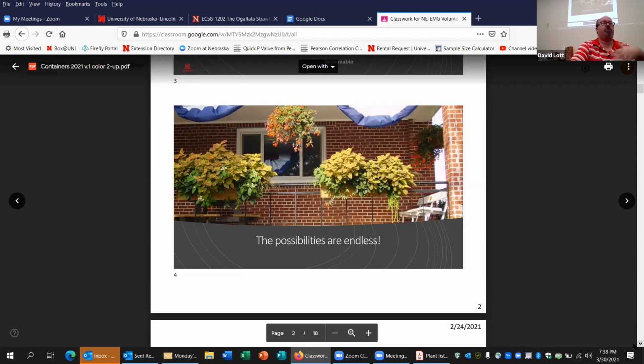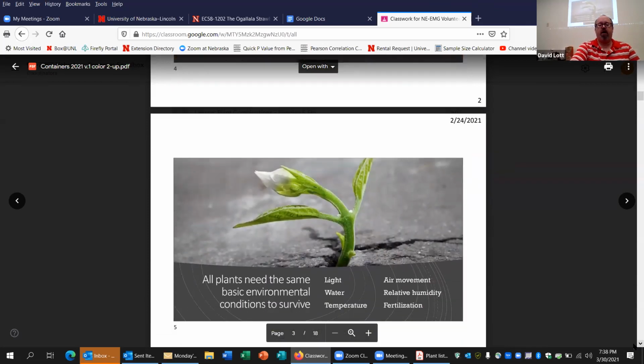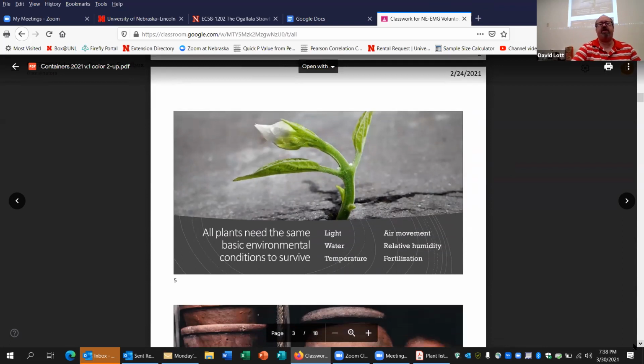You could add statuary, or more of that formal look that you would see. So once again, it's all the basics that Terry talks about, that we talk about in Master Gardener. The light, the water, the air temperature. The air movement is going to be really important, especially if we have a lot of humidity, to avoid some problems with our